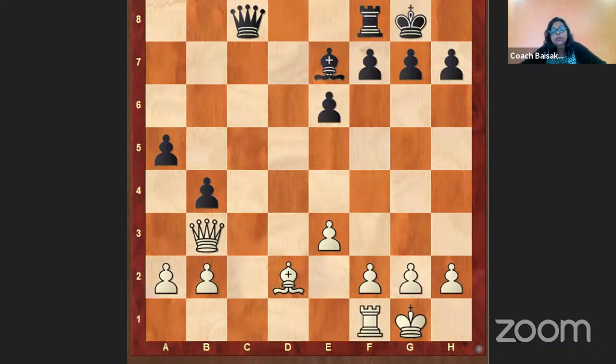So the basic tactical things. You ask yourself if it could be possible in this position. Yes, rook d8, it's quite